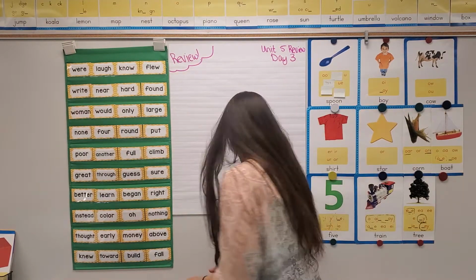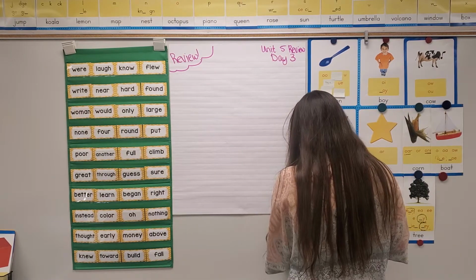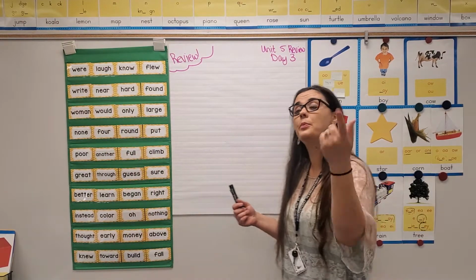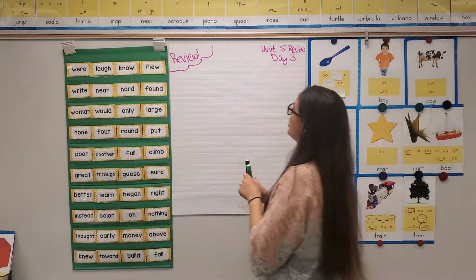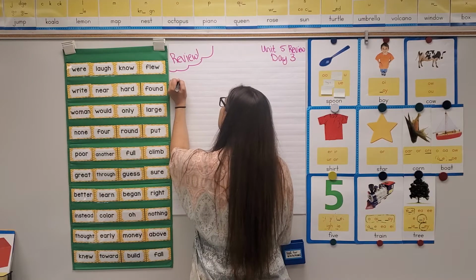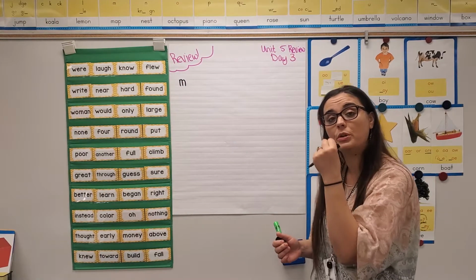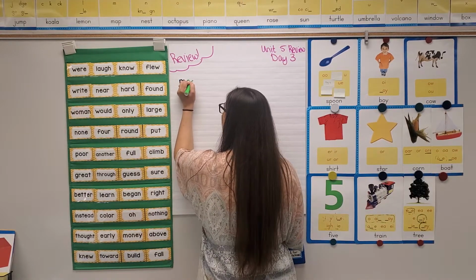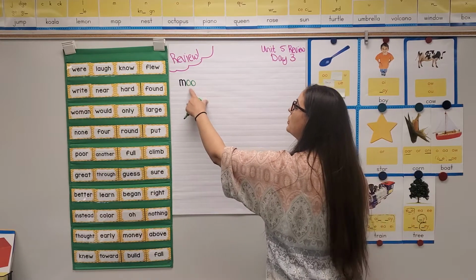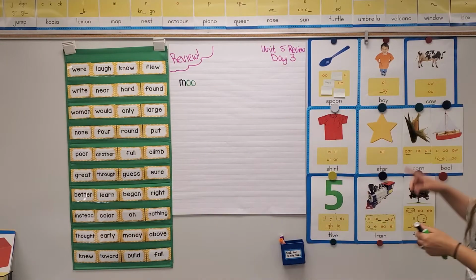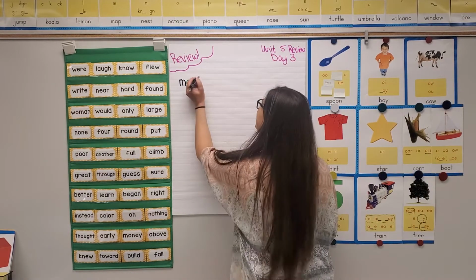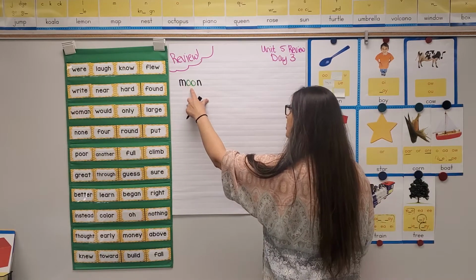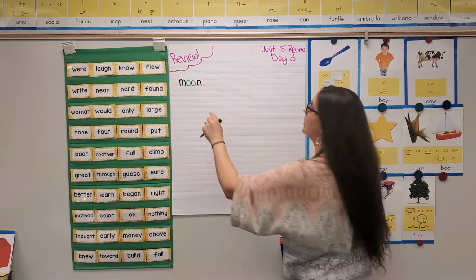Excellent. All right, so let's get started with our blending. All right, first word, moon. Your turn. Ooh, moon. So the middle sound that you hear in the word moon, ooh, is spelled with O-O. Many first graders already know this. Ooh, moo, the sound a cow makes. And N says n, let's blend. Ooh, moon. Your turn.